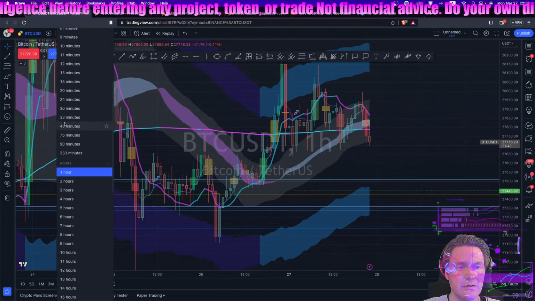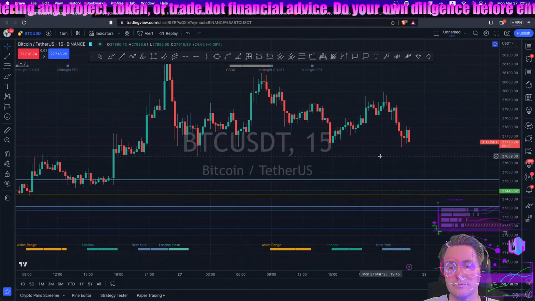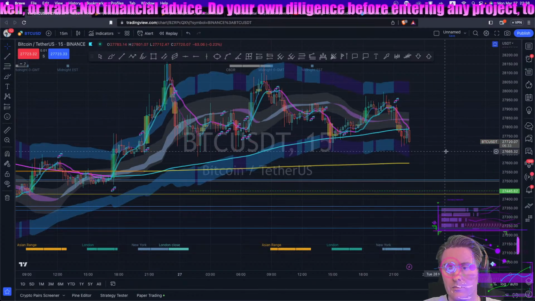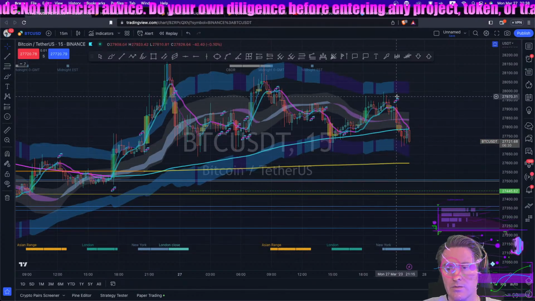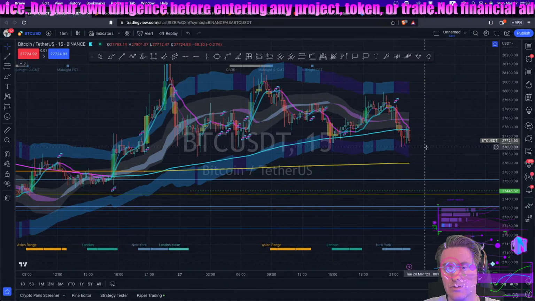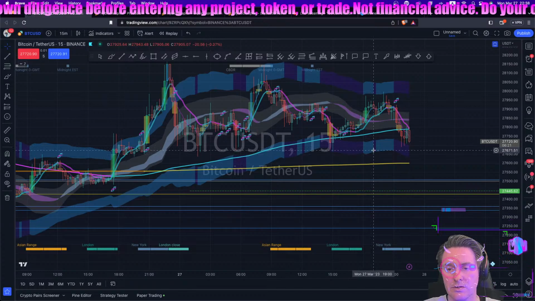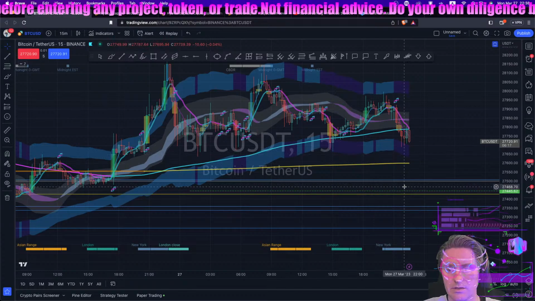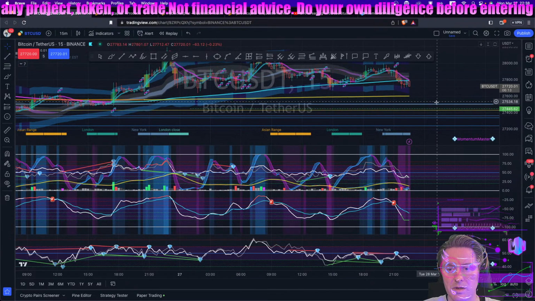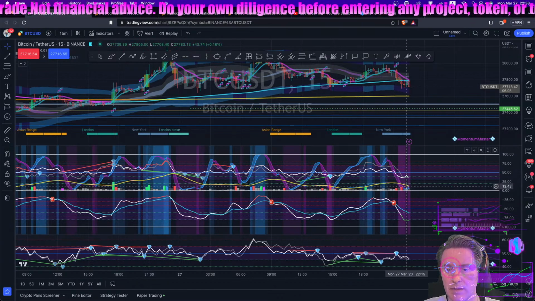Let's go to the 15. So right there was where you had that crossover event on the 15, and you could have thought about it as a shoulder, head, and shoulder to the downside. And yeah, you could be coinciding that. I'd love to see this come back down to these regions and just do a big red candle, just for me personally. But you are getting that 15-minute in the low region, and the MACD is coming to say what's